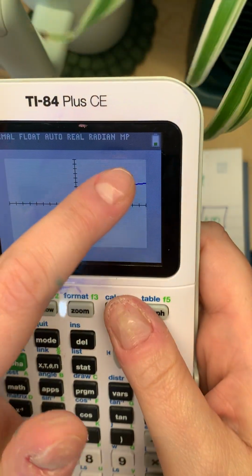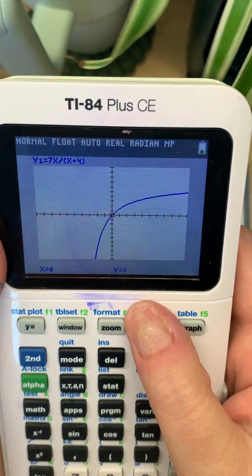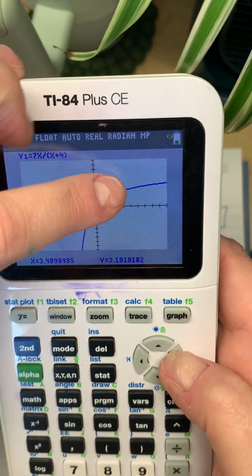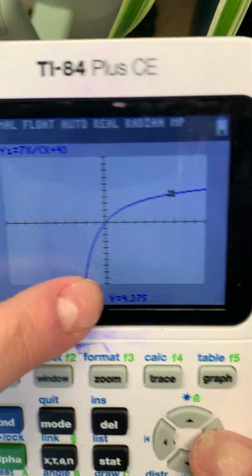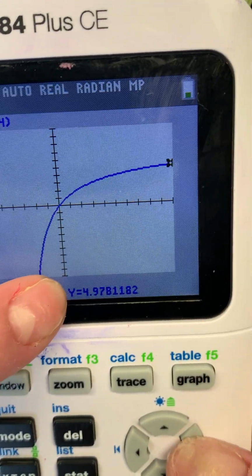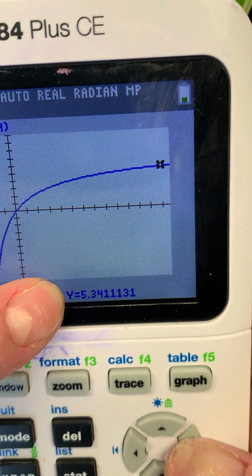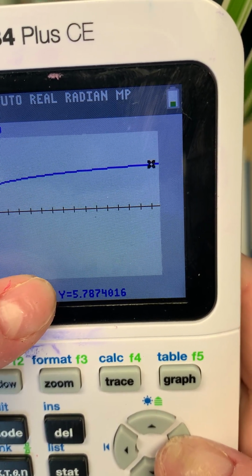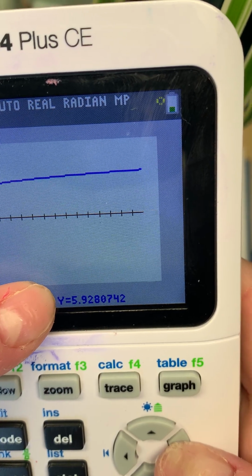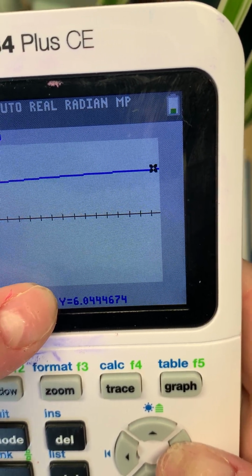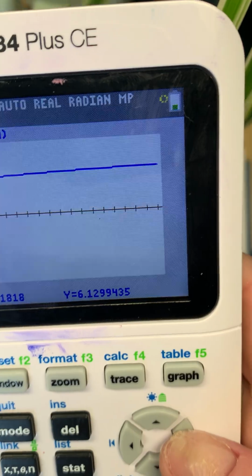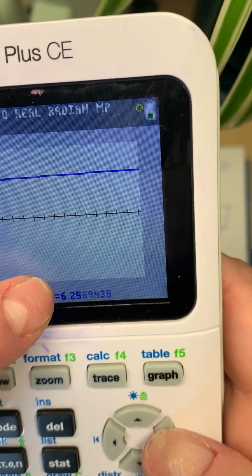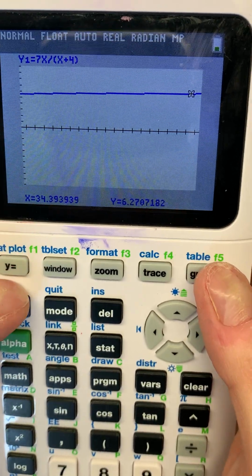Okay, if I look at this right side of my curve and press trace and start traveling along it, you can see that its y value is 4, 5, okay, it's getting 6, and then it'll get really close to 7, but it will never reach 7. See, the y value keeps getting bigger. Or if I look at my T-chart,